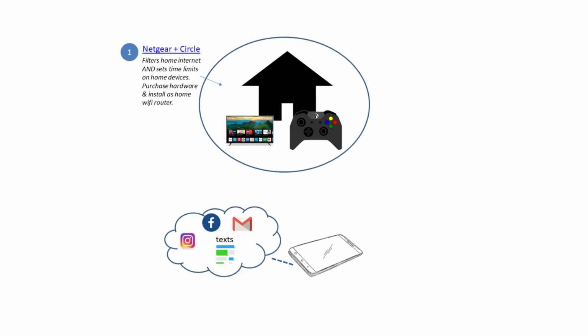These are the 4 areas, and now what I'd like to do is walk through the tools we'd recommend. So for the home, we'd recommend the particular device, Netgear, with the Disney Circle software embedded in it. And all of this you can find out on our attachment. What this does is that it filters the home internet. It does a very nice job doing that. And it also sets device time limits for like the Xbox and whatever else you have in your home. So Netgear and Circle is great for the home internet filtering and time limits at home.